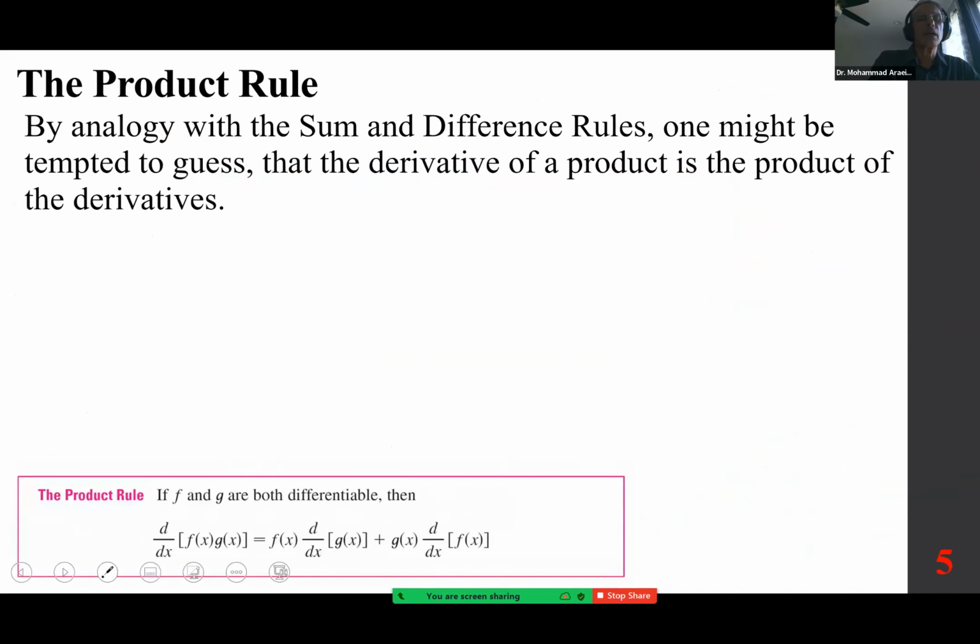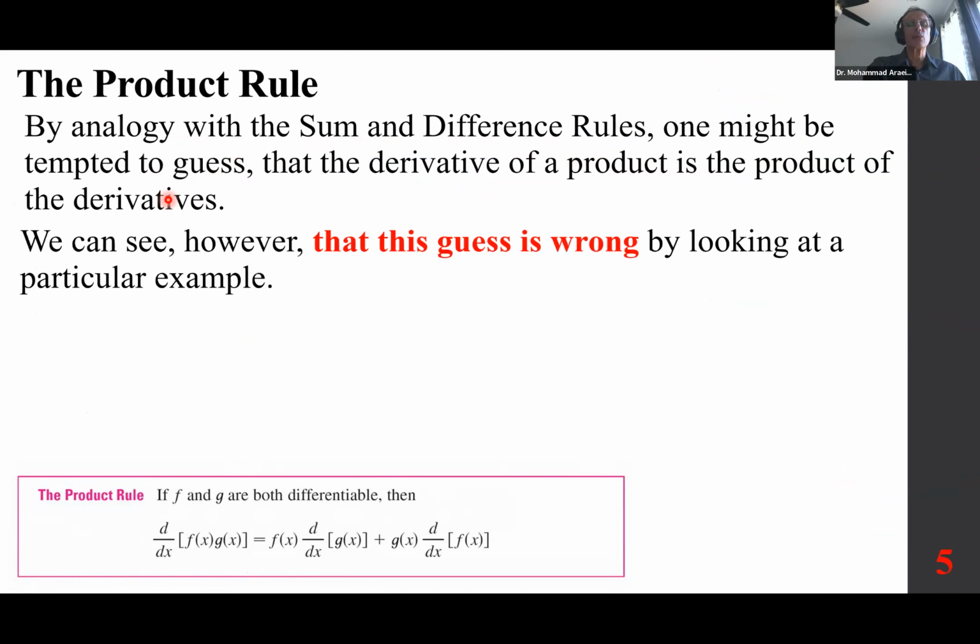One thing I want to explain: by analogy with the sum and difference rules, we may be under the assumption that the derivative of a product is the product of the derivatives. We go over the proof in a regular calculus course, and I have the proof at the end. You can look at it if you like. You're not responsible for it, but let's look at it with a simple example